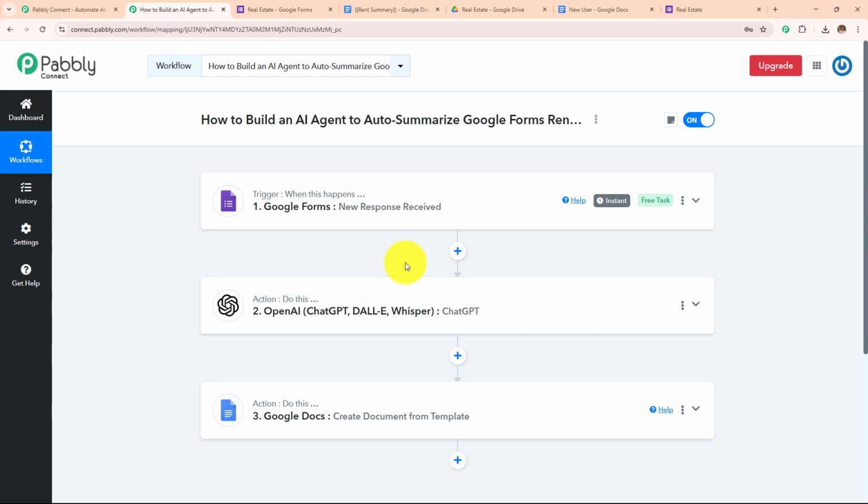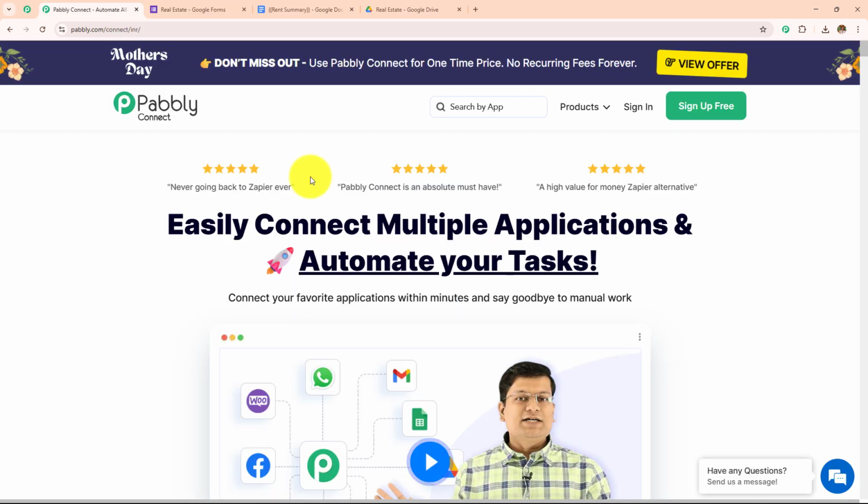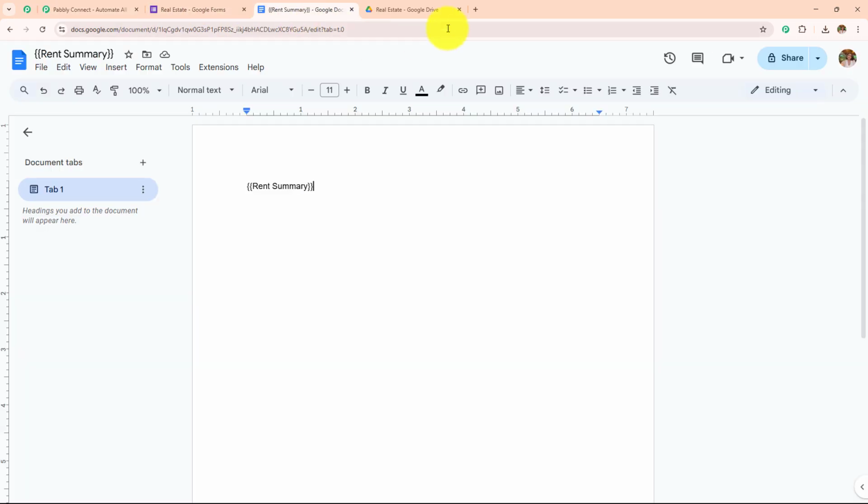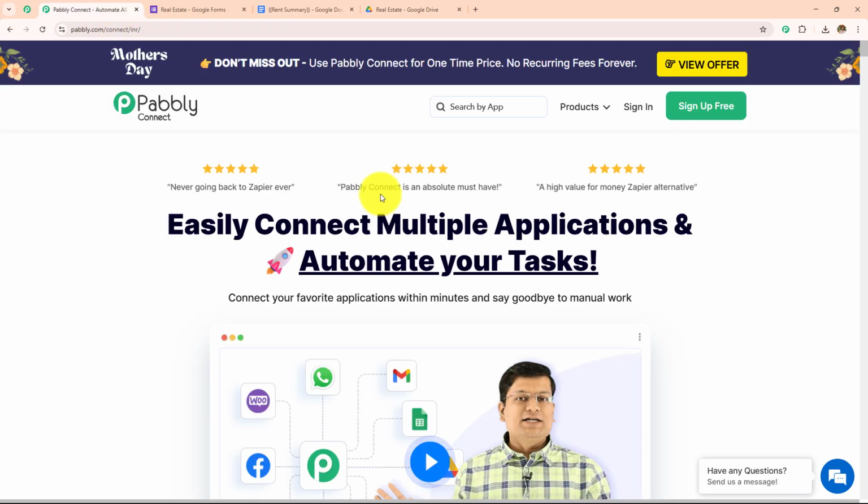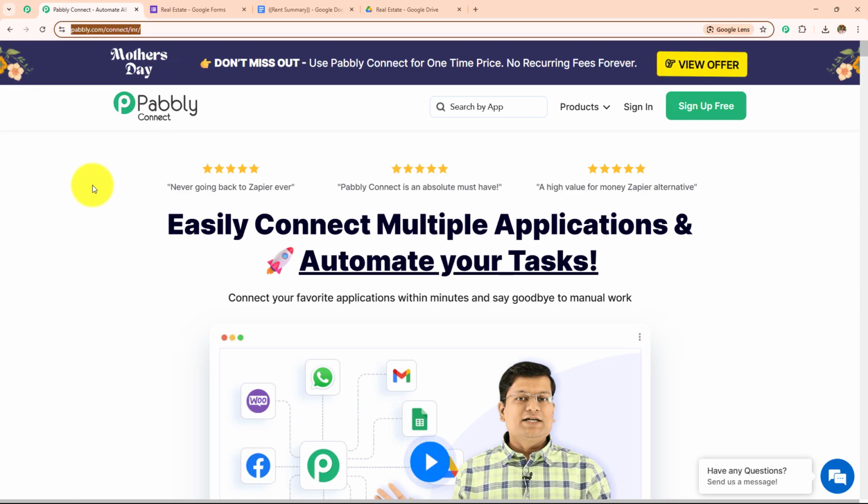And now to learn how to create this, let's start creating this from the beginning. In this video, we are going to learn how to build an AI agent to auto-summarize Google Forms rental applications. For this, I'm going to create automation between Google Forms, OpenAI, Google Docs and Google Drive with the help of Pabbly Connect. So this is the landing page of Pabbly, and you can visit this simply by typing pabbly.com/connect in